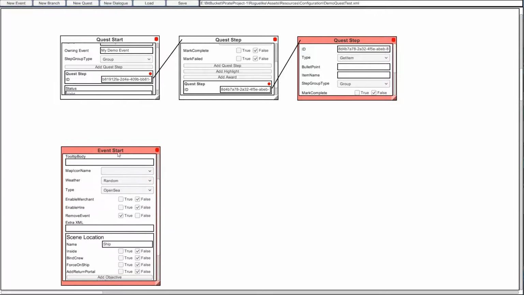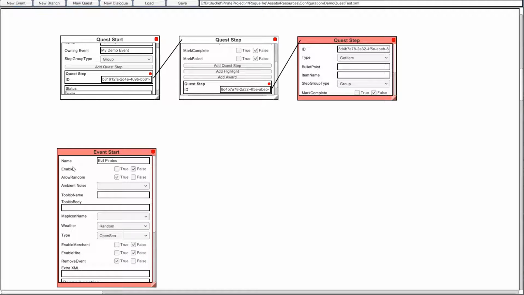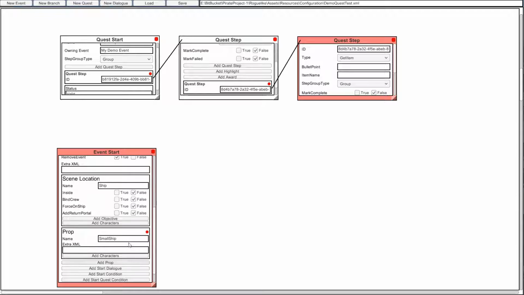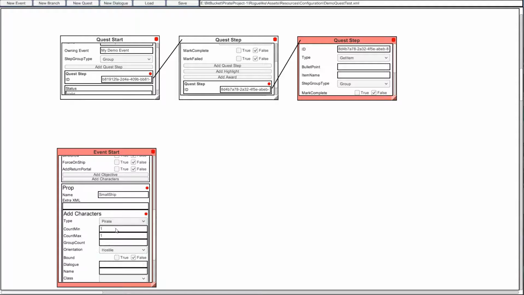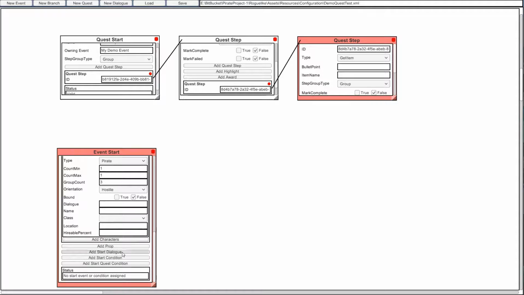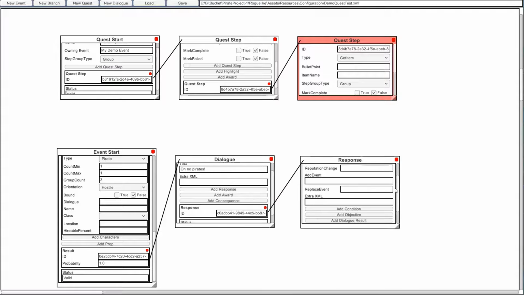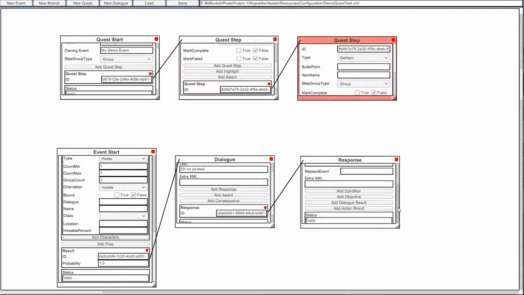Let's add a new event. Evil pirates, and don't allow it to be random. And let's see, we need to add a prop, a small ship, add some pirates to it. 3 pirates. And add a start dialogue. Oh no, pirates! Add a response. Kill them. Okay, so, and then, let's see, this is going to be a battle, so we need to add